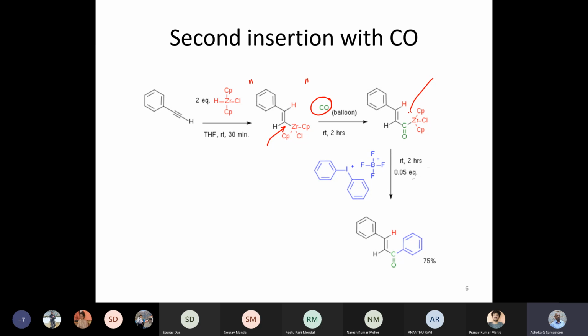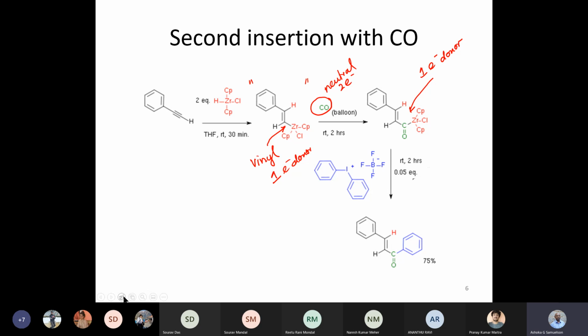This is again a 1 electron donor. So you added a hydrogen to an alkyne. First time the insertion has happened onto an alkyne. The second time a vinyl group was there. This is a vinyl group. The vinyl group has inserted a carbon monoxide. This is the neutral point. This is the 1 electron donor. This is the 2 electron donor that would have been attached to the zirconium.